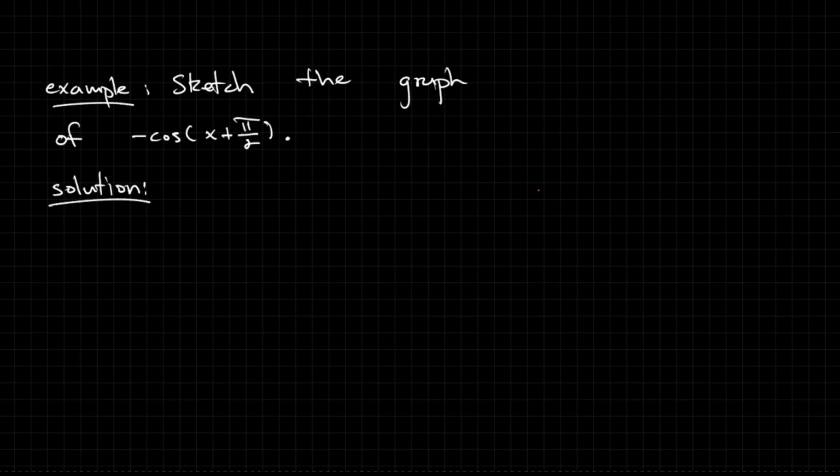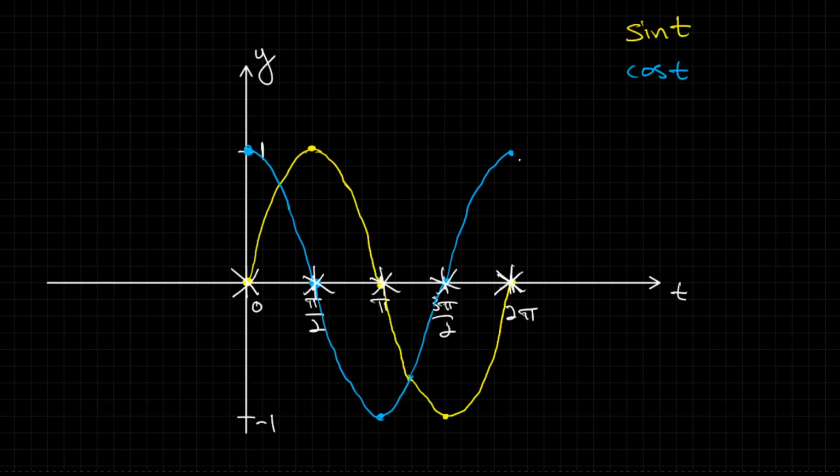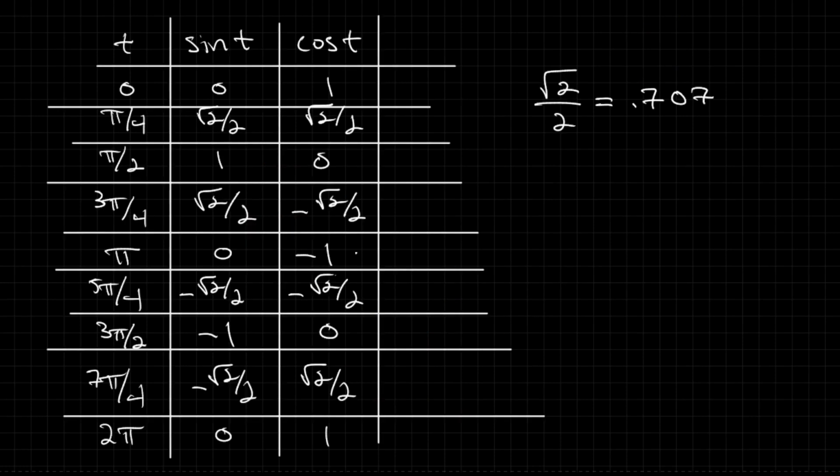Now that we've seen what the graphs of the sine of t and cosine of t functions look like, let's do an example where we sketch the graph of this transformation, negative cosine of x plus pi over 2. Before I do that, I want to go back to our sketch here, and I want to show you how you can sketch this very quickly, much more quickly than when we made this table and plotted all of these